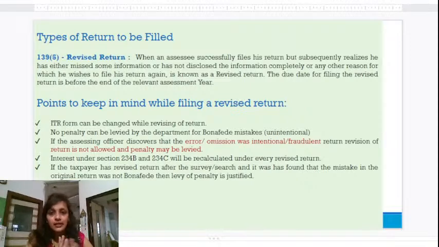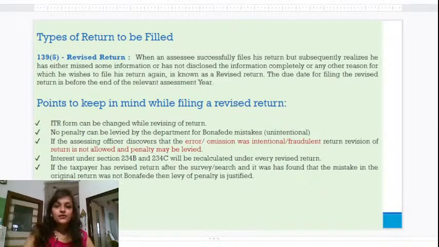Revised return is allowed for unintentional mistakes only. Section 139(5) is specifically applicable to cases of omissions and wrong statements and not meant for concealments or false statements. For any intentional mistakes or omissions and for any kind of fraudulent filing, penalty will be imposed on